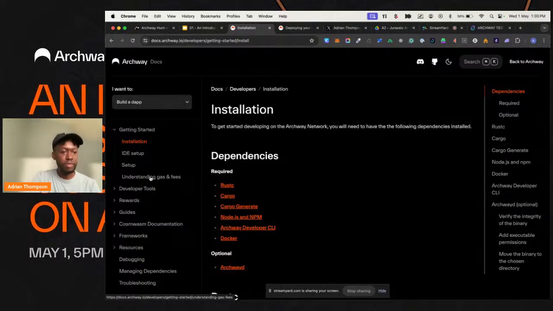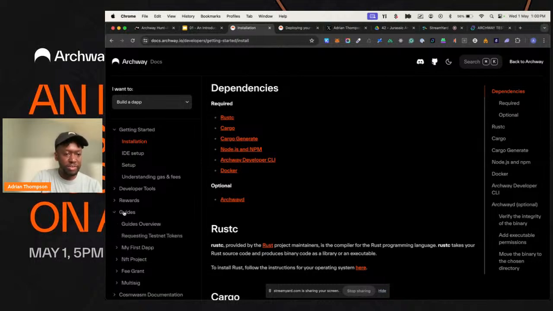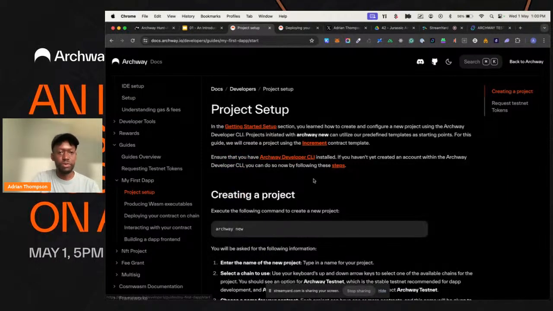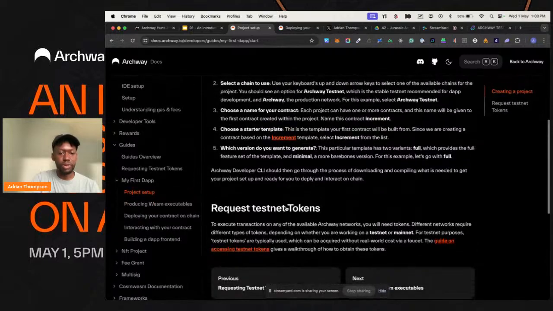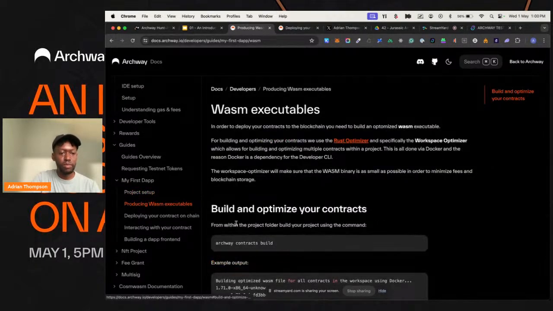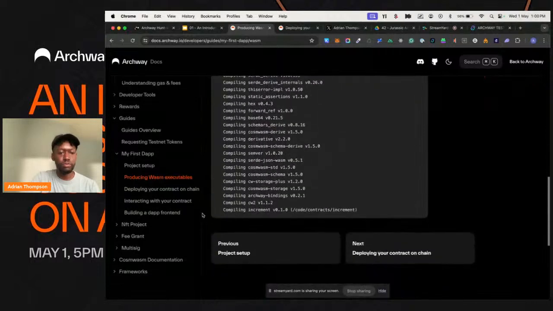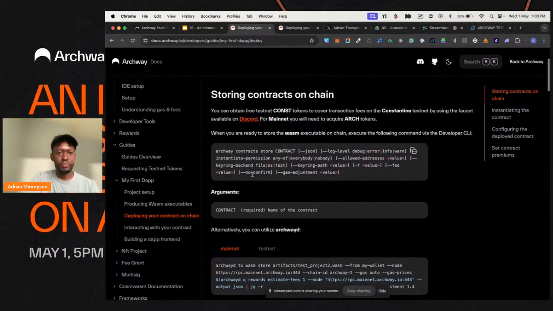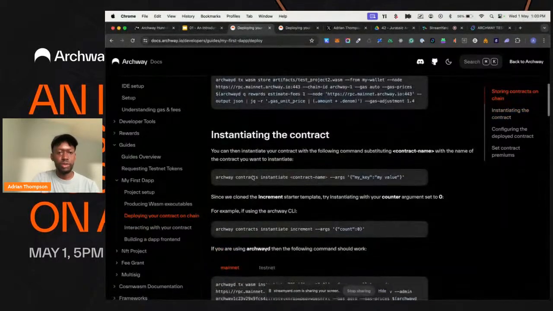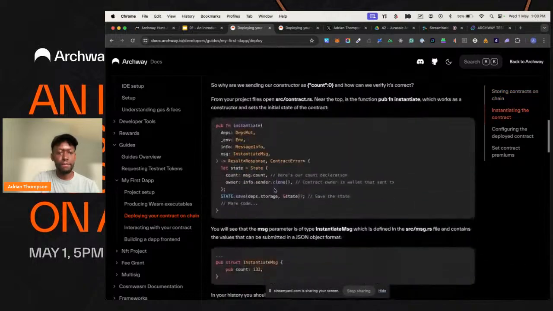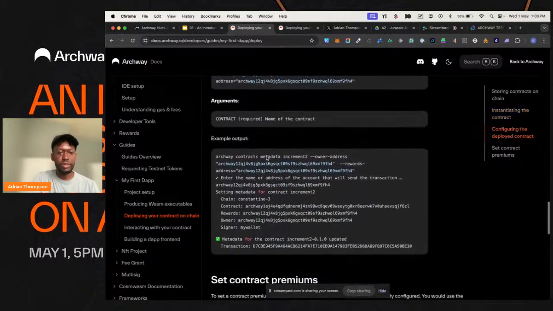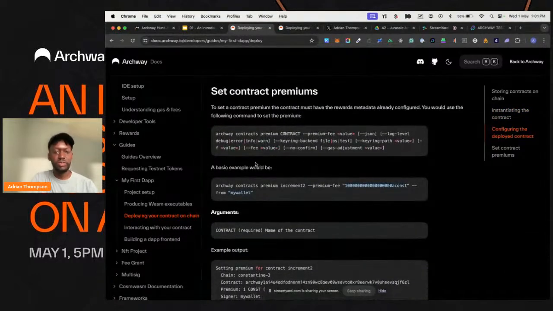Arch3.js library. And for this particular guide with setting up a basic dApp, you can find it in the guides, My First dApp, and it walks you through everything that I was going through here just now. So creating the project setup, getting testnet tokens, producing the executables, deploying your contract on chain, going through the various commands that you need to execute, instantiating the contract as well, configuring your deployed contract,